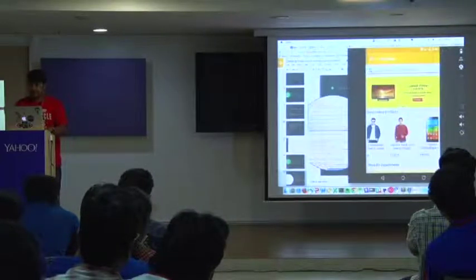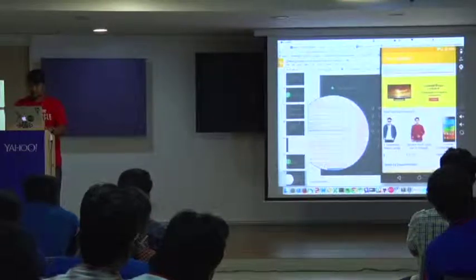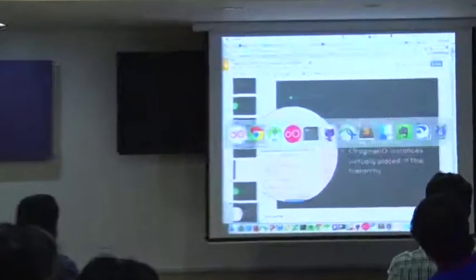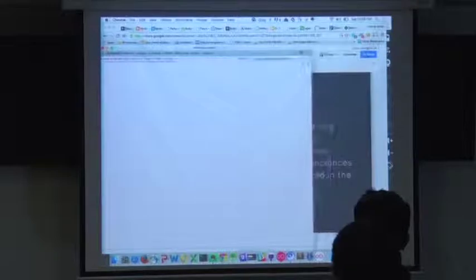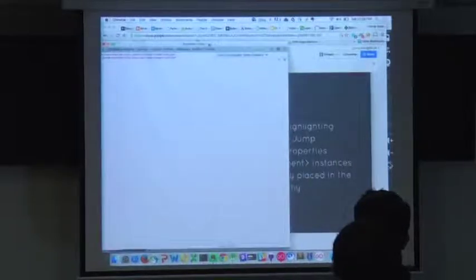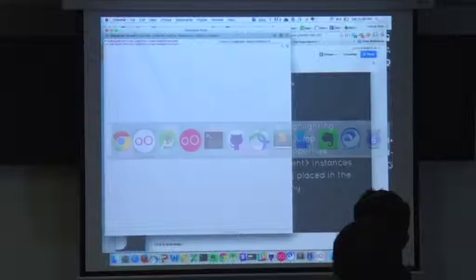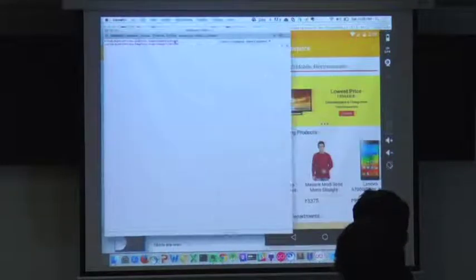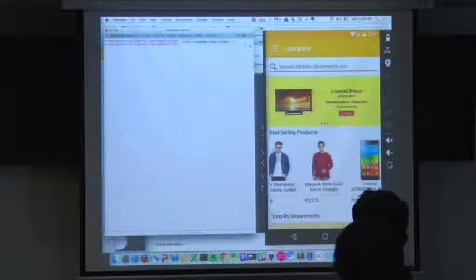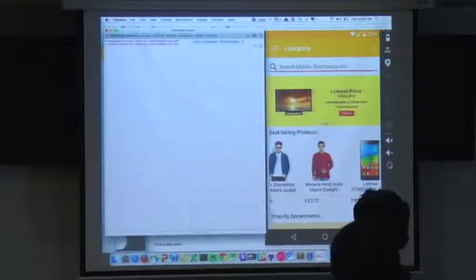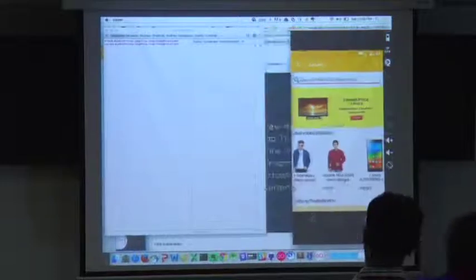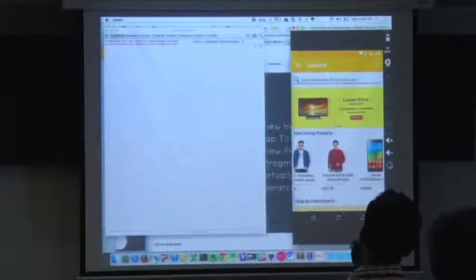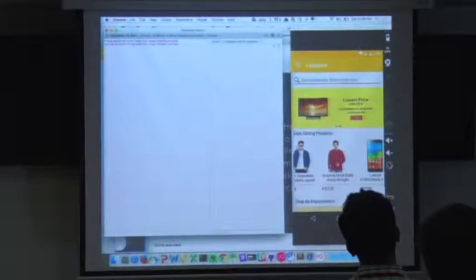So this is the app. This is the debugger. Let's see.